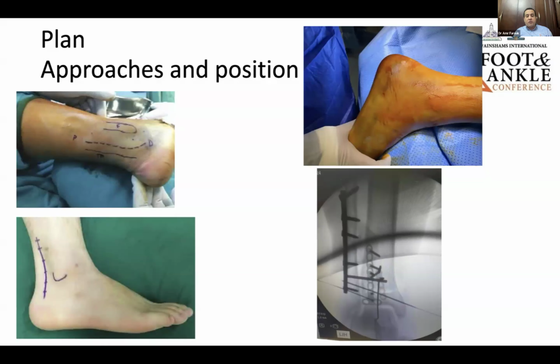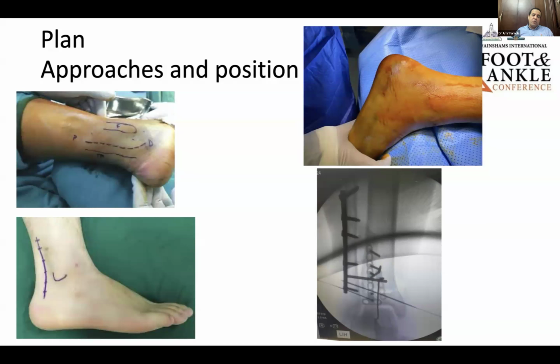So what will be the position of the patient? I can put the patient first in the prone position to do the posterolateral approach. And after I finish fixing the fibula and the posterolateral fragment, I have to change the position of the patient to supine position in order to do the anteromedial approach. But this is taking too much time in order to start my operation from the start after changing the position of the patient. So is there any other